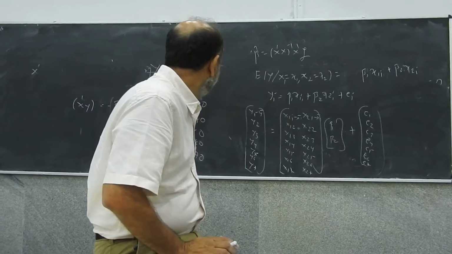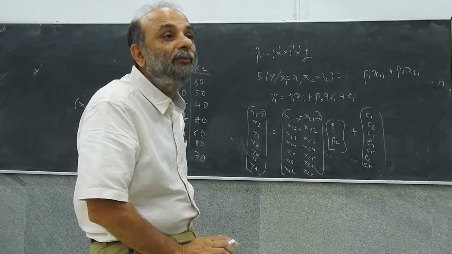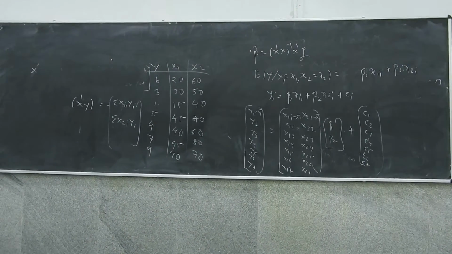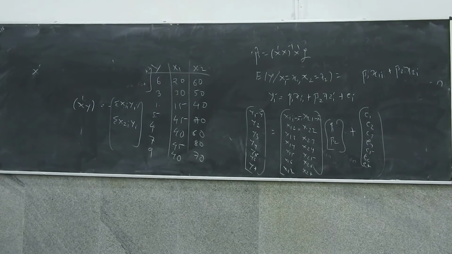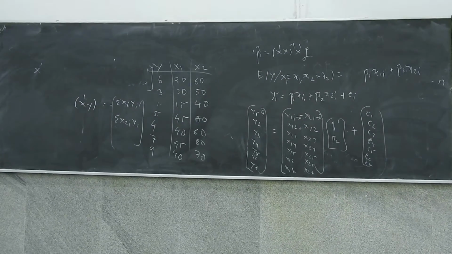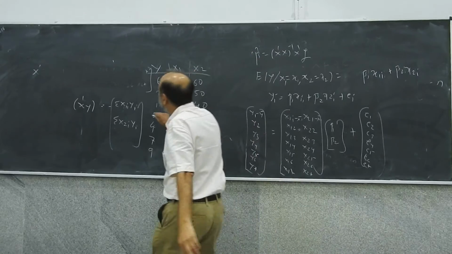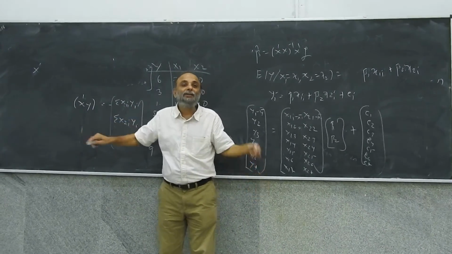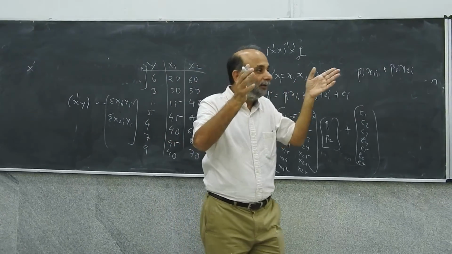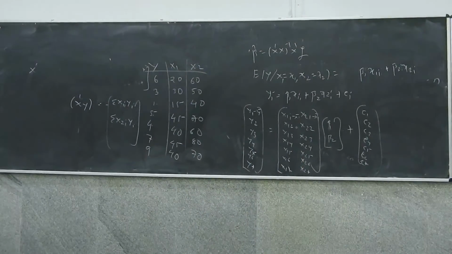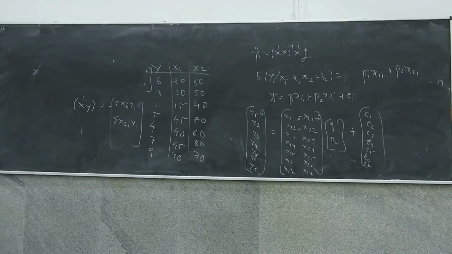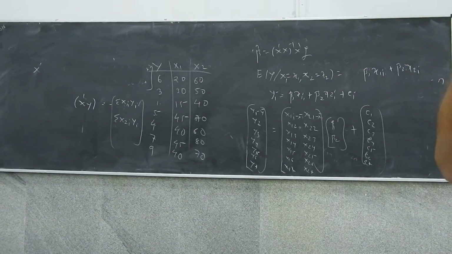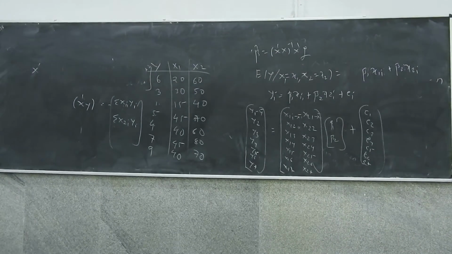Right? The other will be the numerator of the covariance between x2 and y. So in a sense, this is nothing but the covariance between x and y multiplied n times. Because otherwise it would have been covariance, which is summation x1i minus x bar, yi minus y bar, upon n. Right? So if I multiply the whole thing by n, I would get these sums if I had subtracted the means.